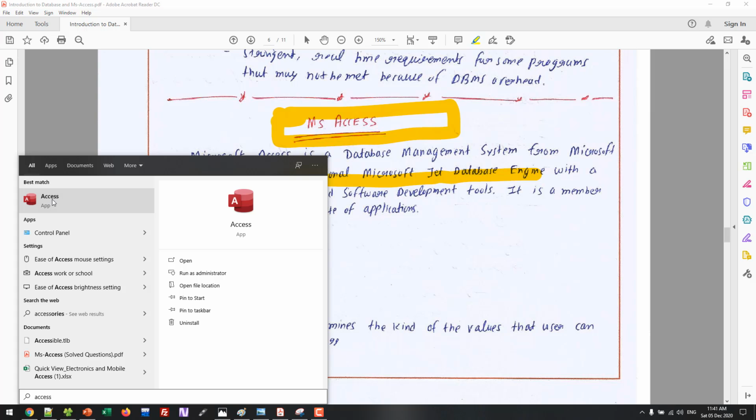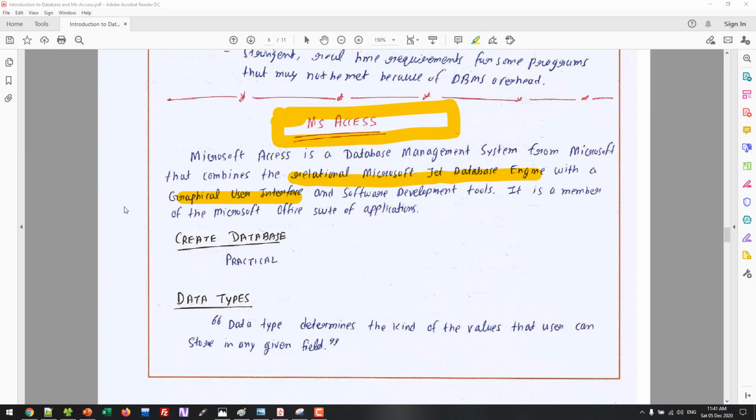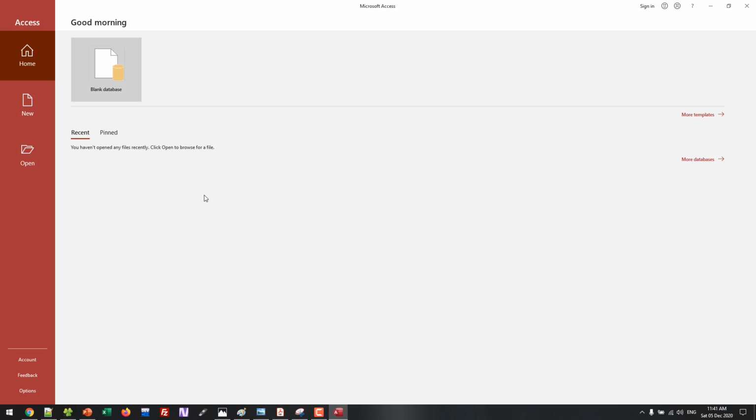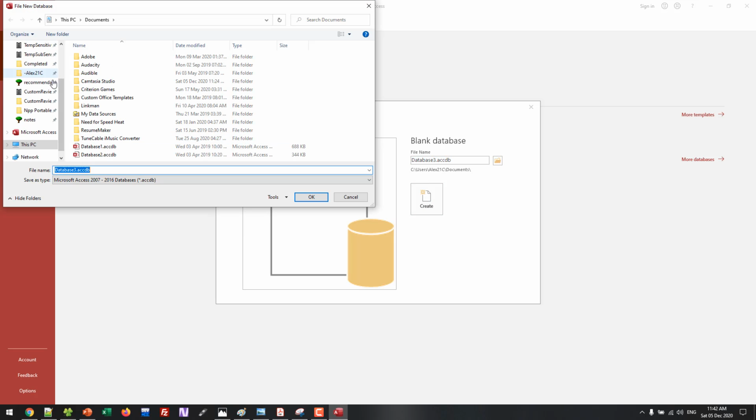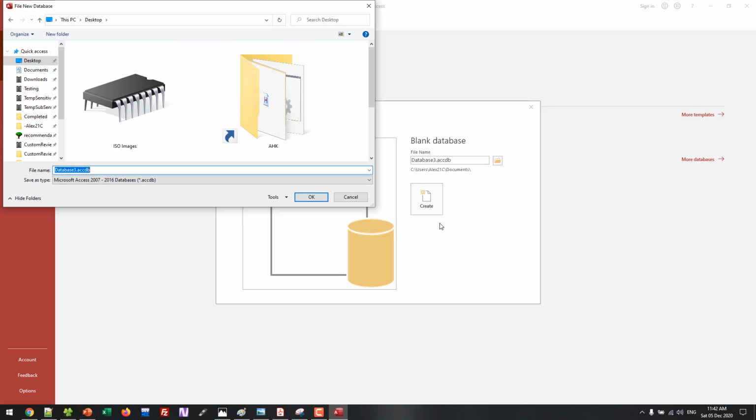I just type, this is the DBMS, and I'm using the latest version, 2019. Here is the option of creating a blank database. I just create a blank database and choose the location where I want to store this. I want to store the database on the desktop and type its name as students